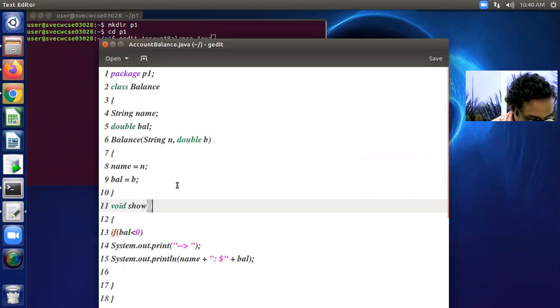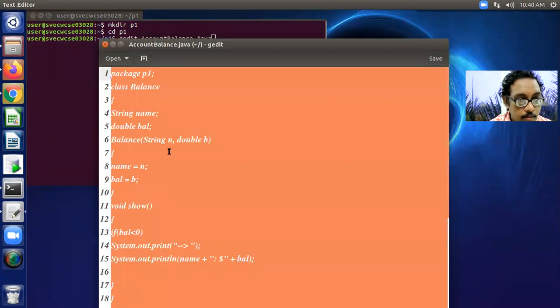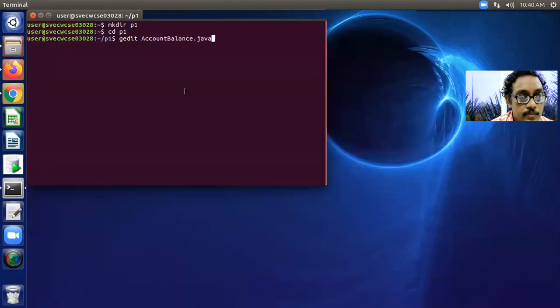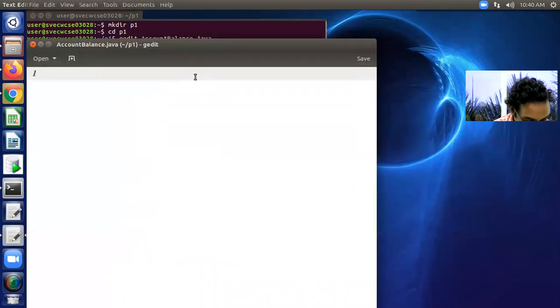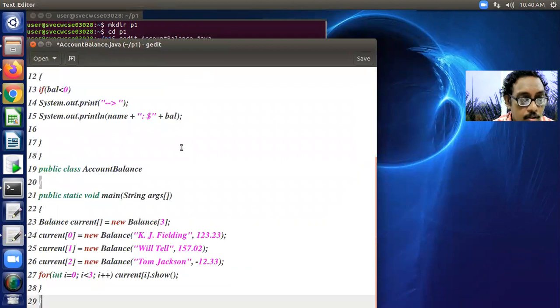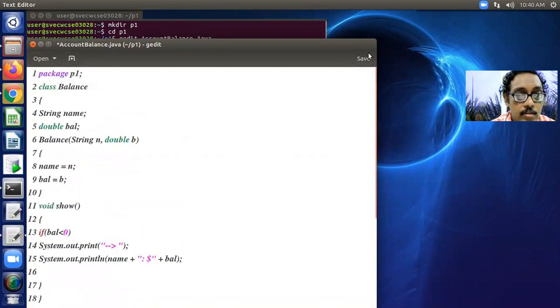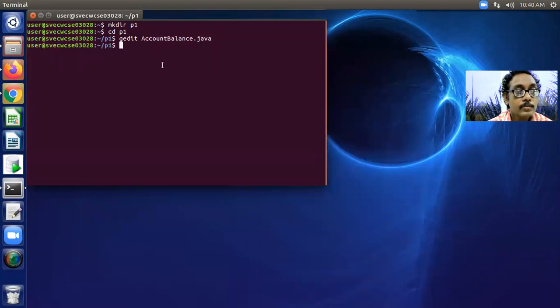Now enter and write your code. Don't copy and paste, please write your code. Given the time restrictions, you can save and close. Then compile with javac AccountBalance.java.